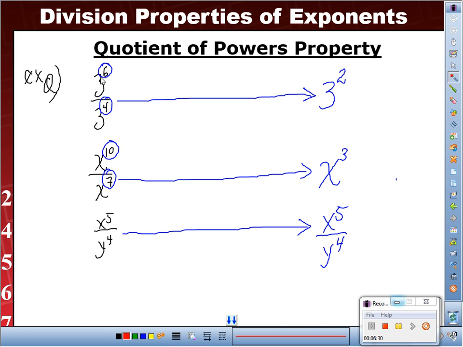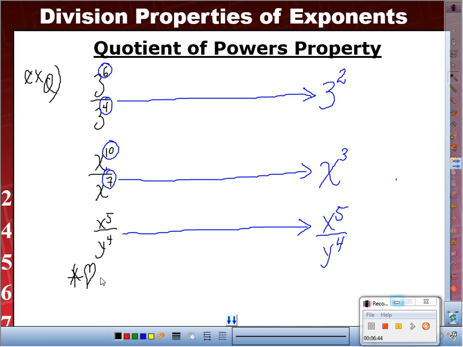So we said that something's happening here and here, but something didn't happen here. So, to start us off with our definition, asterisk, heart, what operation is this, we said? What operation are we working on right now? Division. So let's start it by saying, when dividing exponential expressions